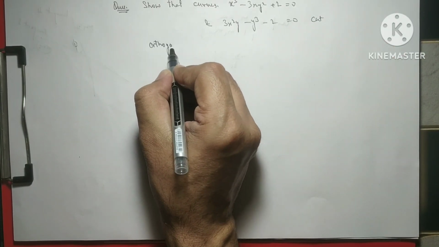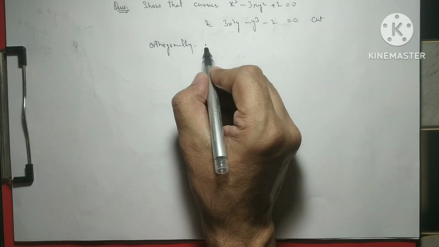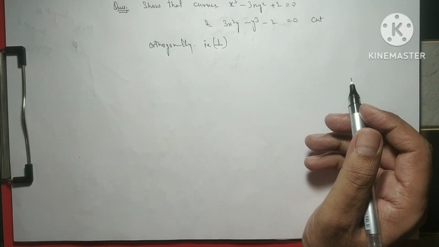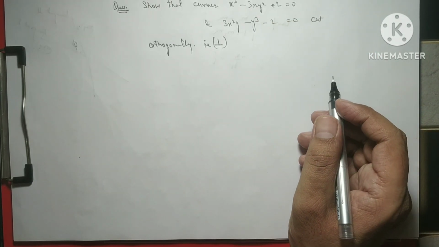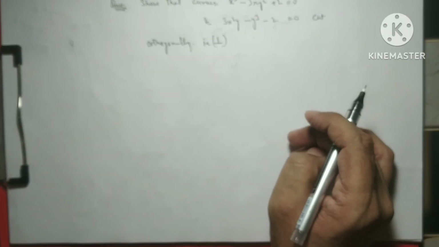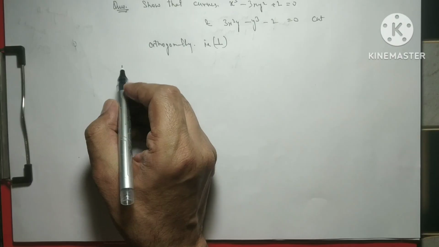Orthogonal means perpendicular. If two curves are perpendicular, that means the tangents on these curves are also perpendicular. So we have to show